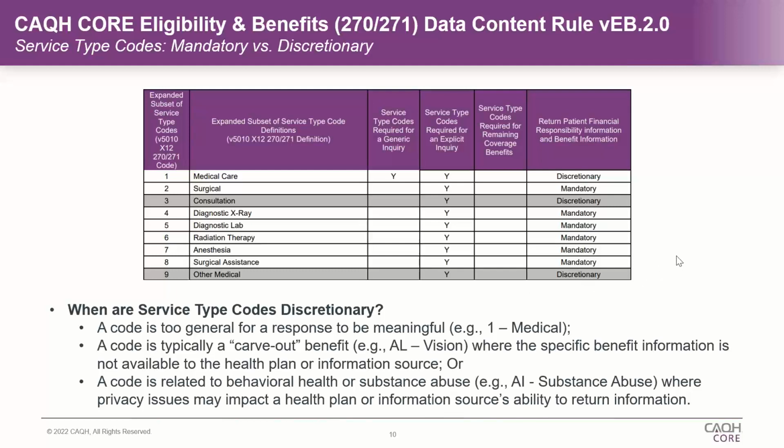I know we've had one question come in, thank you, Christopher, talking specifically around dental benefits and what exists. The core operating rules as well as the standard do support explicit STC code, for example, 35 for dental care. That is considered discretionary because it's often a carve-out benefit. So a medical plan might not know what your dental benefits are. You'd have to submit that to probably a dental insurance plan to get those benefits.